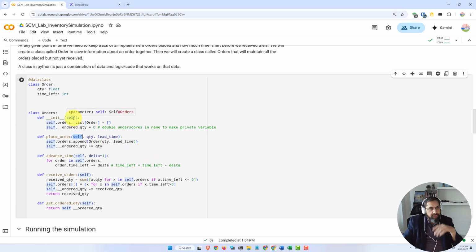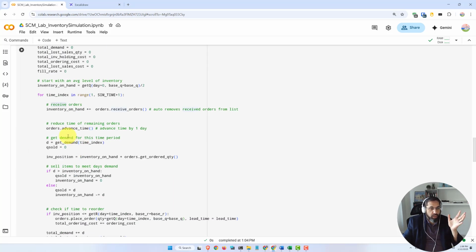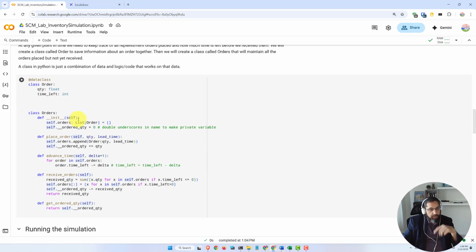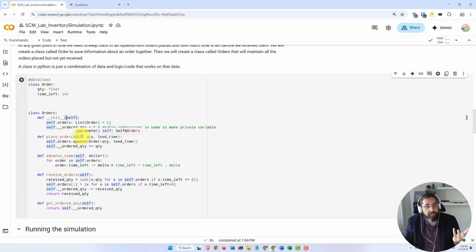So it's automatically passed by Python when you call this orders.advanced time. You don't have to pass in self here. Python keeps track of it, but we need the self. And then we call self.orders to work on the right data in the right folder. That's why when you use classes, you have all this self variable all over the place, but it's just